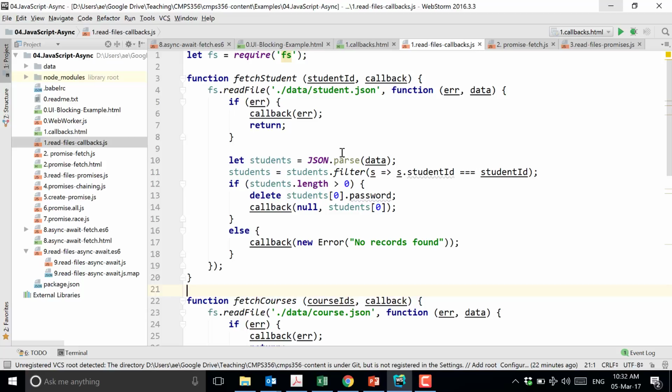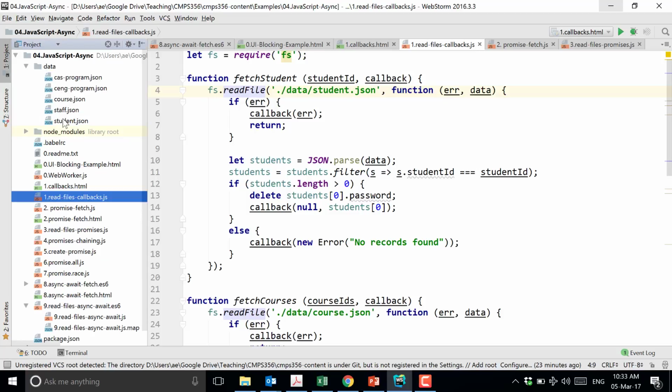So in here I'm saying I want to use this fs package, which stands for File System. So first I will say let and require fs. And this fs has a couple of very useful functions to read and write files. All right, so here it is. So here I have a file called student.json. Have a look at this. Here is the file located here. This is student.json.